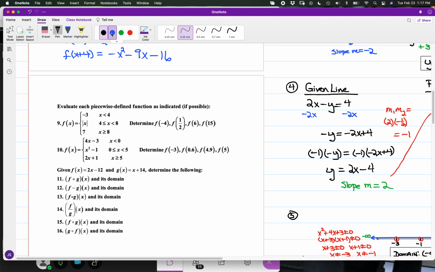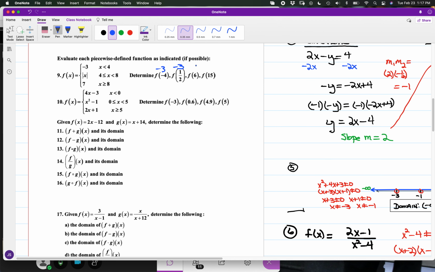Okay, so again we have for f of -4, that's going to be -3, f of 1/2 is -3, f of 6 is 6, and f of 15 comes out to 7. Okay, and in the case of number 10, we have again the 3 separate categories, and we have for this item